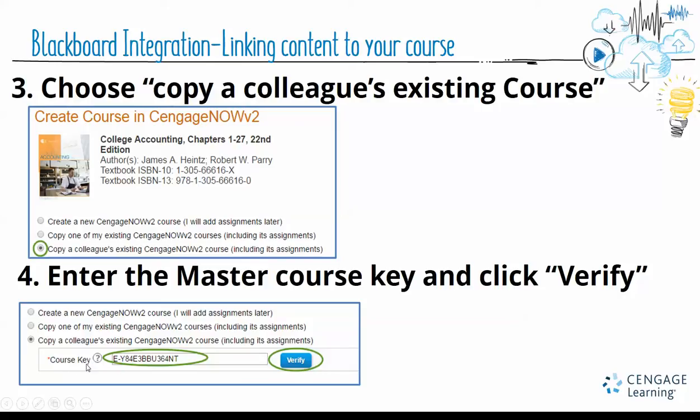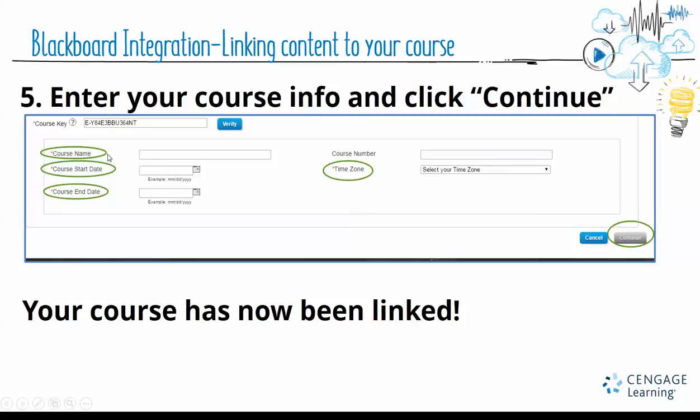In that email Jeanette is going to send you today, she'll give you the course key that you want to copy and paste in there. So you'll just copy and paste that into this box and click verify. Once you do that, a new box will open up, and you just need to put in the basic information